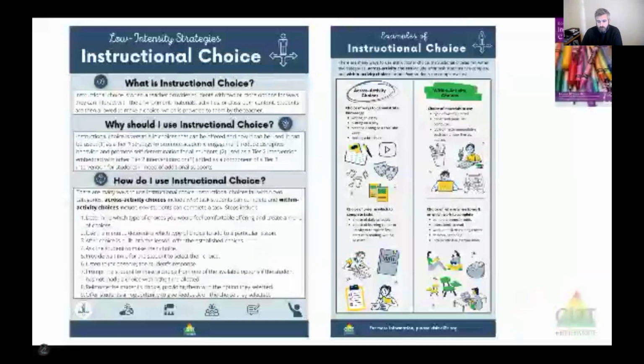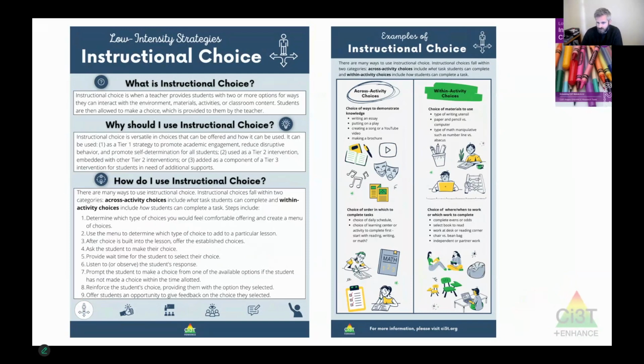As you saw in that video, choice really is as simple as that. We're going to find ways to embed opportunities for students to make choices in our classroom. But with that as a starting point, there's a lot of different directions we could go with that, maybe steps along the way that we want to consider. So as we go through this next section, we'll break down some of the more important things that you would want to think about as you're planning this out for your classroom.